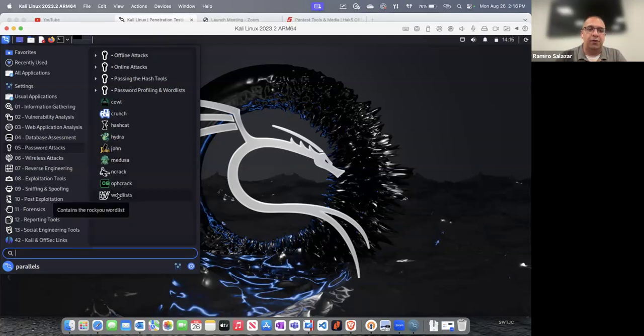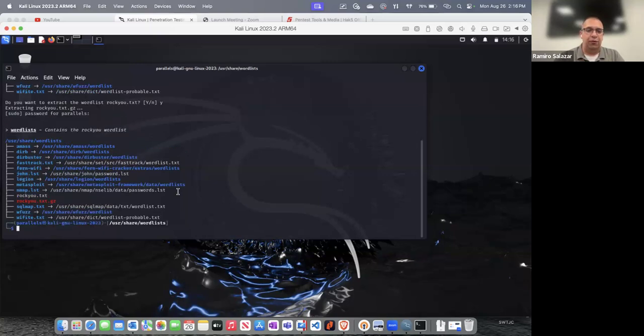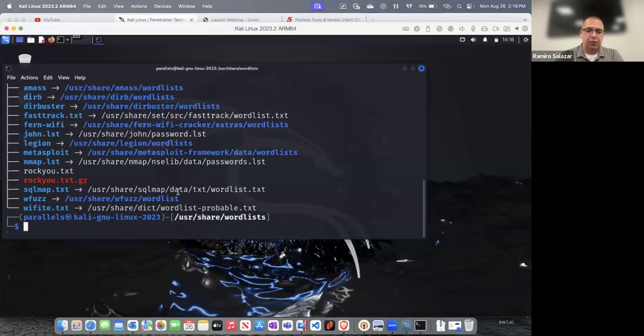I'll show you something else here. There is a word list, and this is something I was talking about earlier as far as a dictionary that could be used to crack into passwords, where it's just showing you a list of commonly used passwords, all right? So let me show you this real quick. I'm going to type in cat.